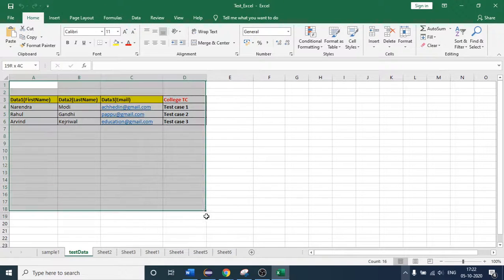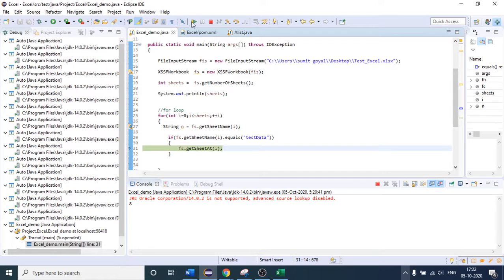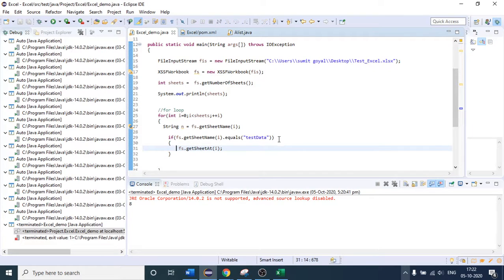So we are not fetching the name here; we are saying get us the whole of this test data sheet. So is it clear to everyone what this code is doing? Then we will proceed forward.